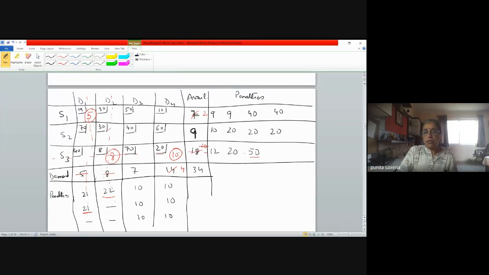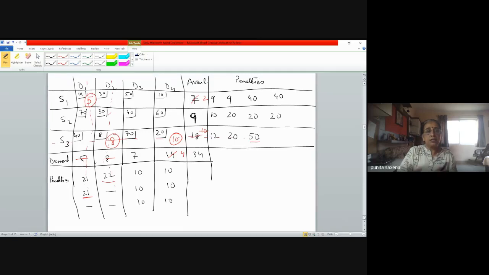Now come to the computation of penalties for columns. This column we don't need. If I look at this column, it's still 50 and 40, so the penalty is still 10. But in this column, 20 has been exhausted, and this row has been struck off now. So I have to compute the penalty between 60 and 10, so it turns out to be 50, right? Again, we repeat the procedure. Of course, this was not to be computed. Now we look for the maximum penalty, which again comes out to be 50 in this case.